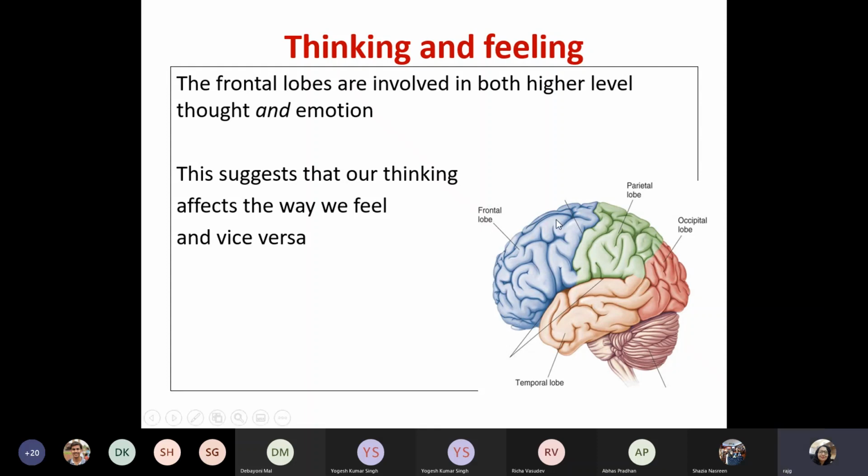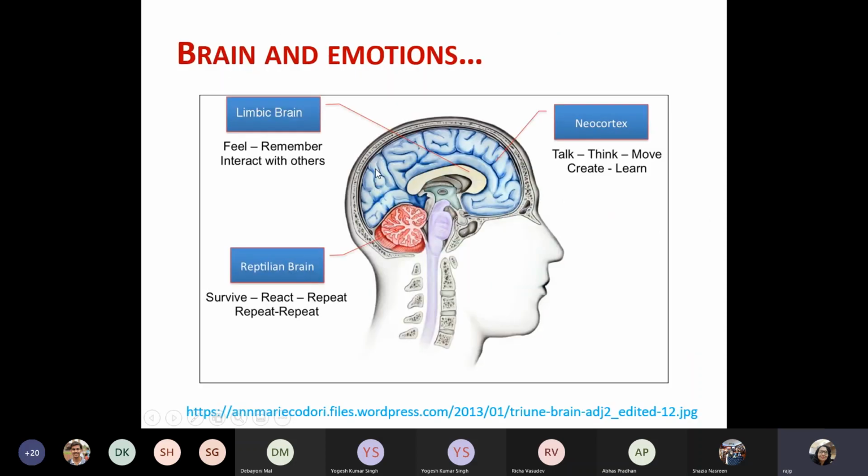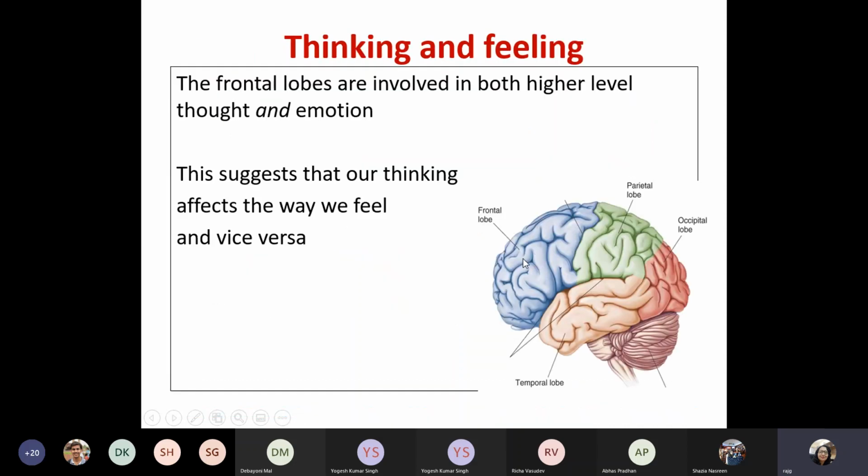The frontal lobe is the frontal part, which is the thinking part. Now when I say it's divided into four lobes, it's actually the upper part. This crust is divided into four lobes, not these structures. So the frontal lobe primarily coordinates the thinking, the motor functions, the planning, the decision-making tasks. The parietal lobe is more related to movement and coordination.